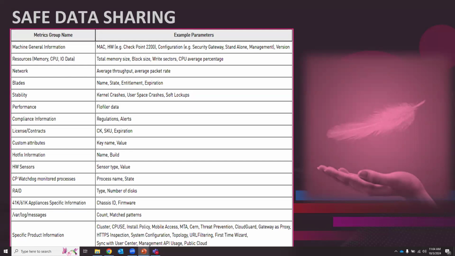The report polling for this report does occur between 1 a.m. and 4 a.m. your local device time. So we hope that will be a slower time within your environment. But if you do have devices under heavy load at that time, we do skip reporting to avoid any performance impacts within your environment. The list on the screen here gives you a more basic view of the types of